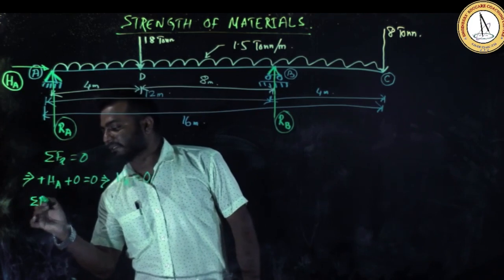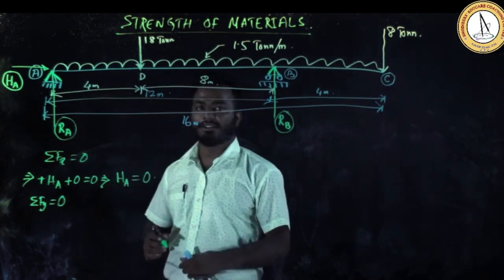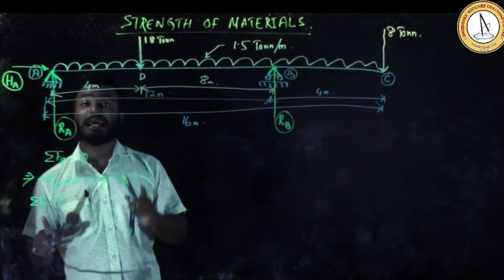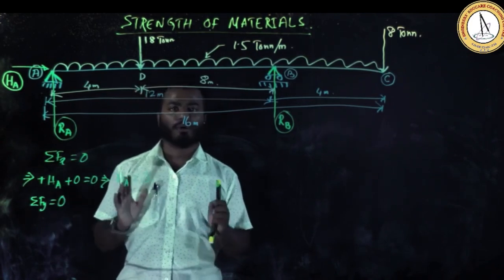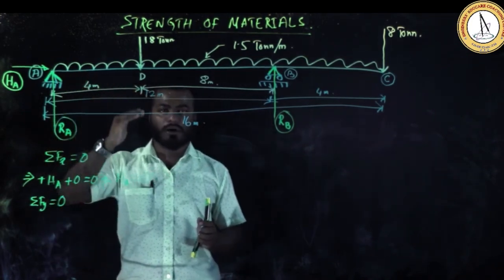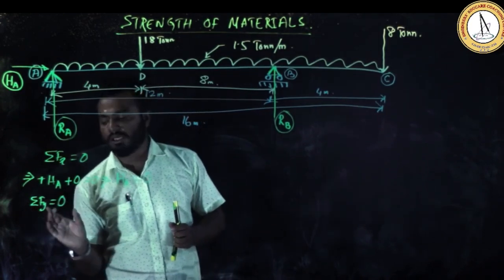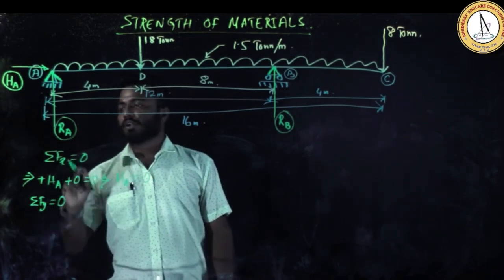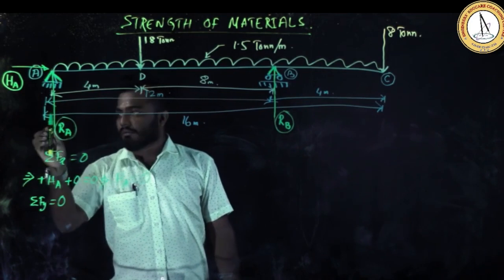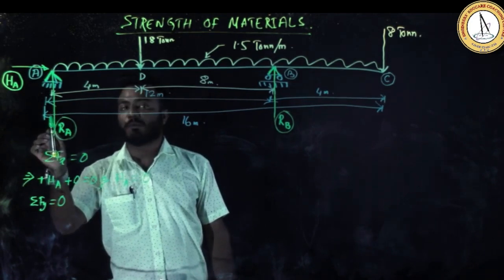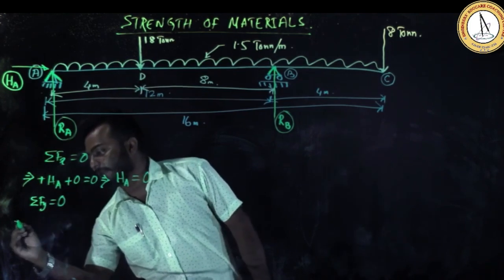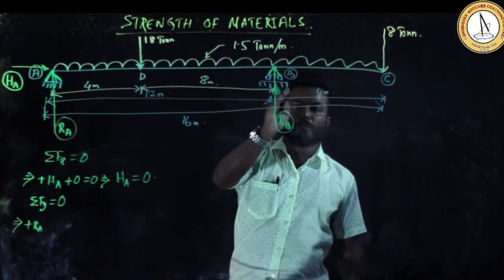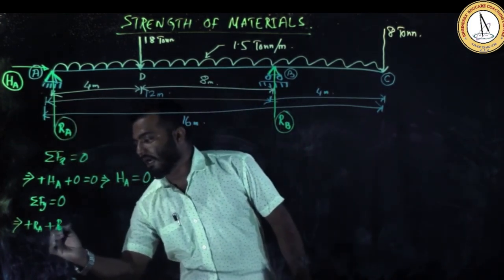Similarly, if I solve the second equilibrium equation, summation of Fy is equal to 0, what does it mean? If I sum all the forces in the y direction algebraically, means if I consider, for example, upward is positive and downward is negative, then the resultant should need to be equal to 0. Say here I am considering upward positive and downward is negative. So I am starting from the left side and try to find the forces which is upward or downward. RA upward, so implies plus RA. There is another upward which is RB, so plus RB.